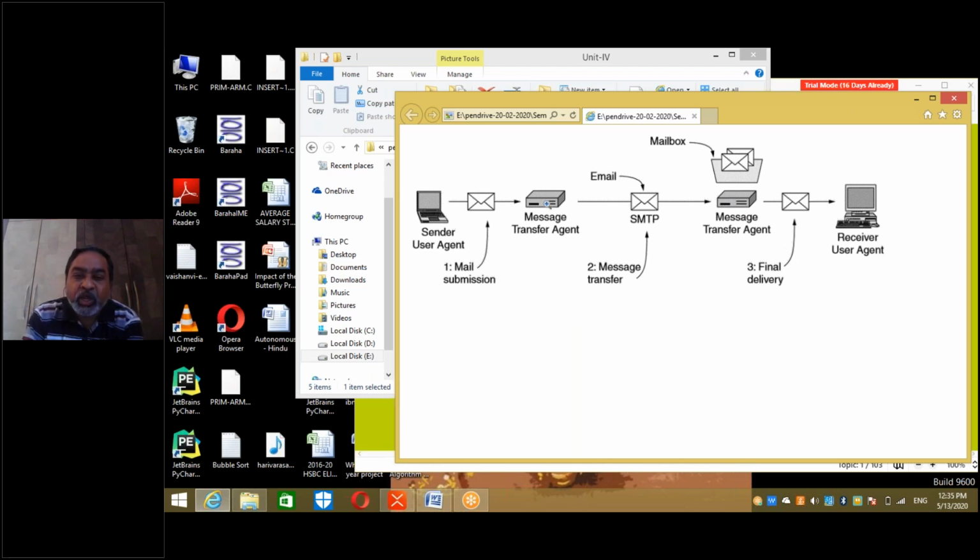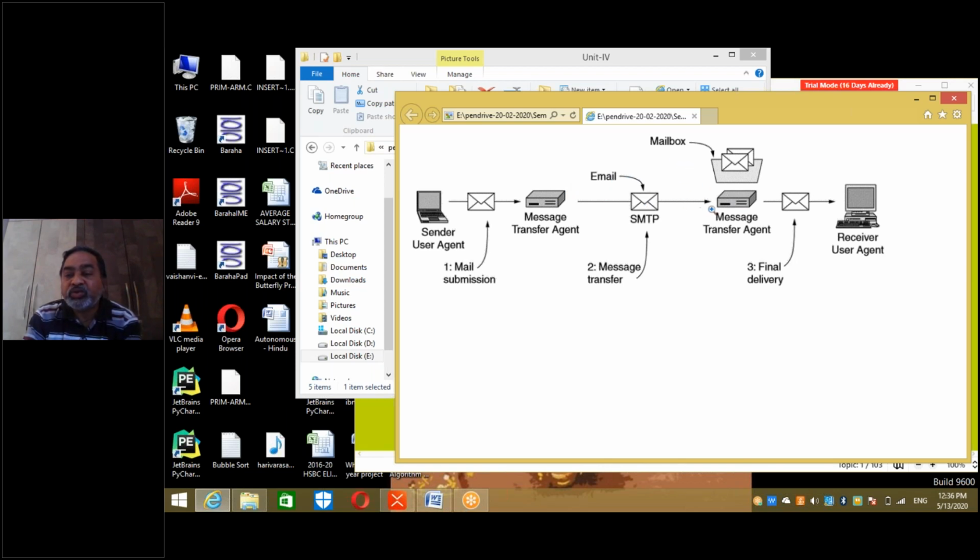Now the message transfer agent looks at the header. Header is not encrypted anytime, right? It looks at the address, puts it onto the router server, and using simple mail transfer protocol, message transfer takes place here. Now it becomes email. As long as it is there, it is called email text that is being created. Once it is handed over, the MTA puts it for transmission using SMTP, and it is sent on the public domain.